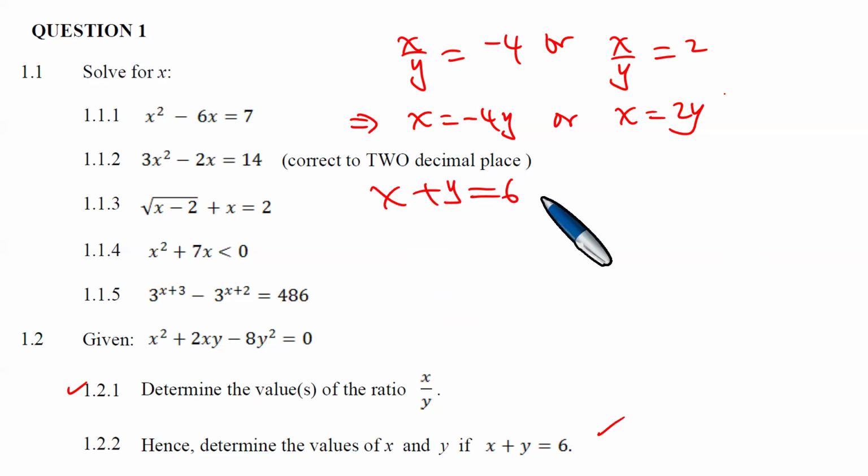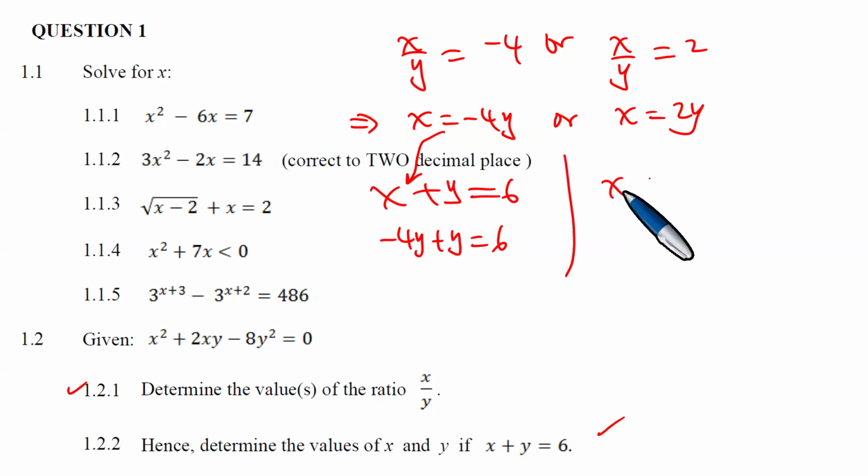So now we want to get the value of y. We can take this one and plug it into this, which means that wherever there is x, we put minus 4y plus y equals 6. What is minus 4y plus y? And then also, if you have x plus y equals 6, wherever there is x, you put 2y,